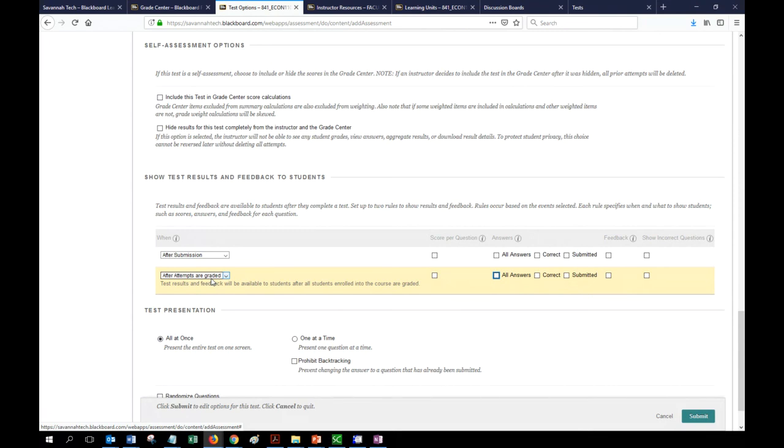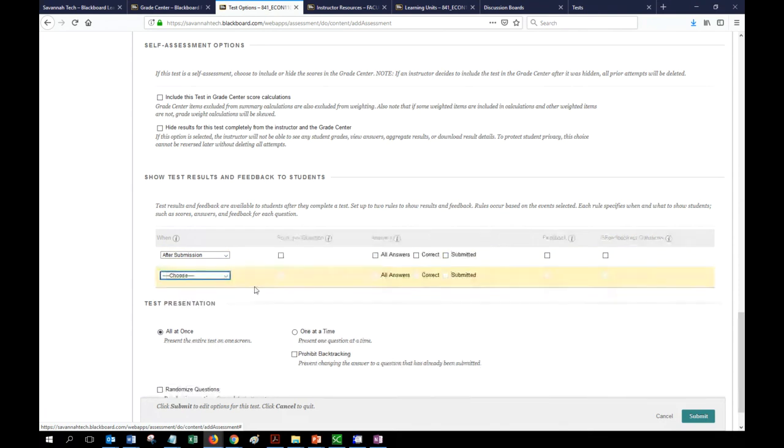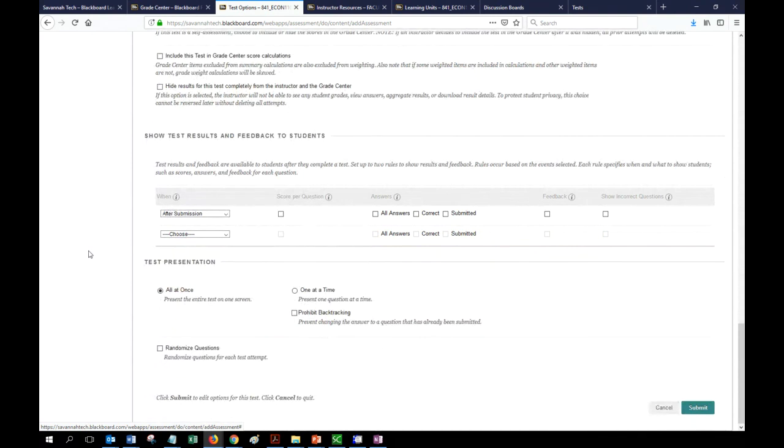So whenever you go to set up your test, leave after submission here, uncheck everything on top, and then add your second rule, and then from there you can select what feedback you would like for them to receive. Now the test presentation, that's completely up to you. I don't recommend